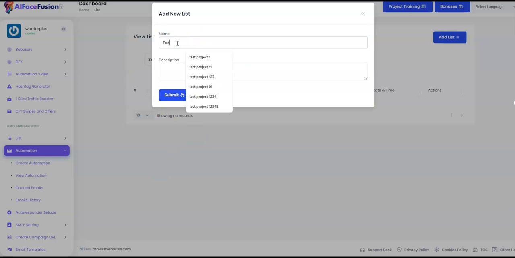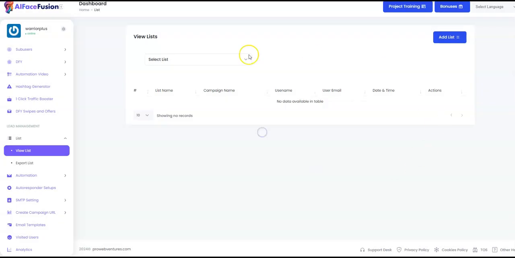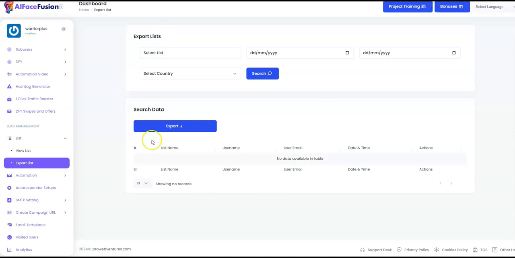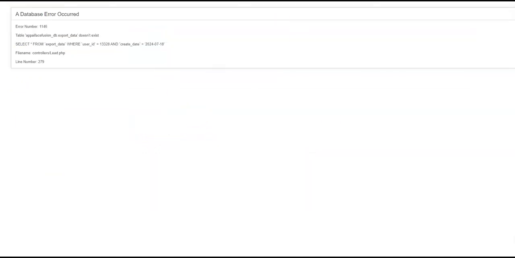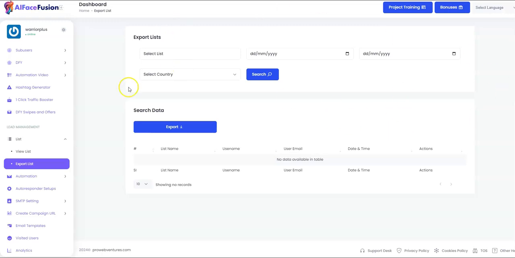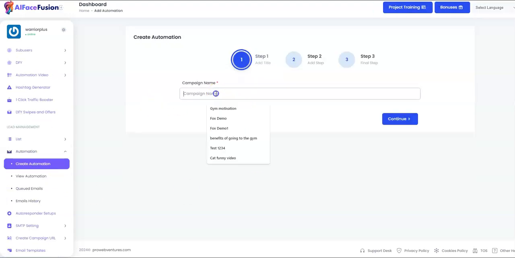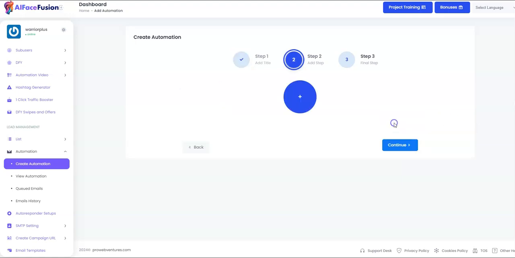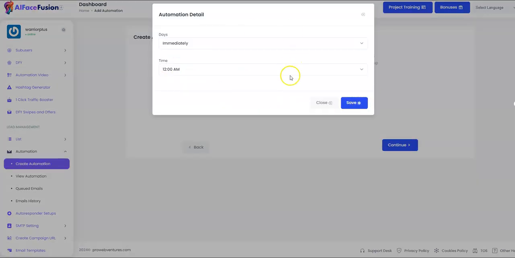Let me put that as test list and submit that. Okay, so the list has been generated. If I want to export any list, you can literally export the list using this section. Once you export the list, it gives you an option to go to the automation section, create an automation, create a campaign, and add the campaign